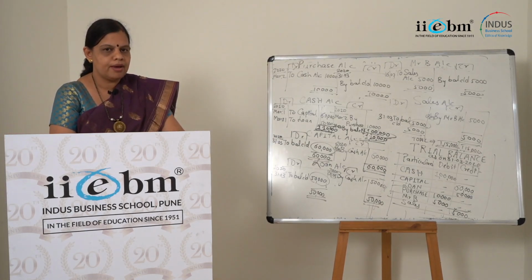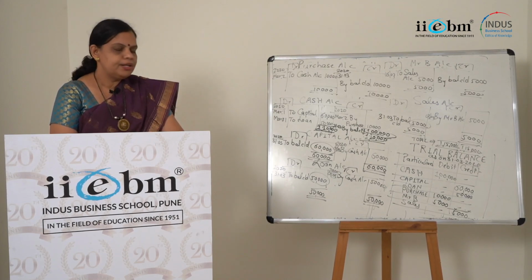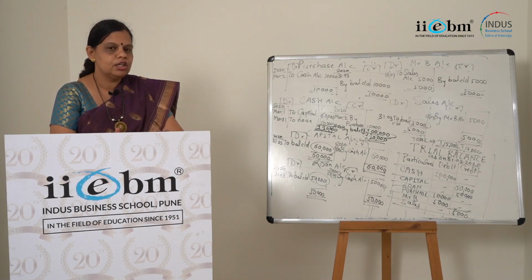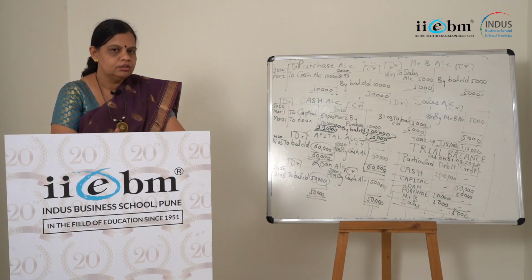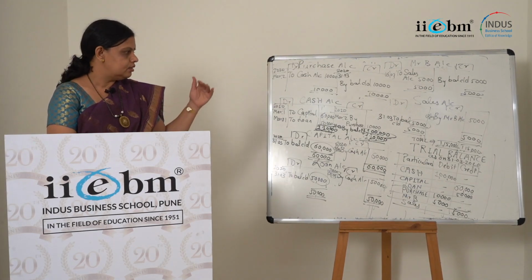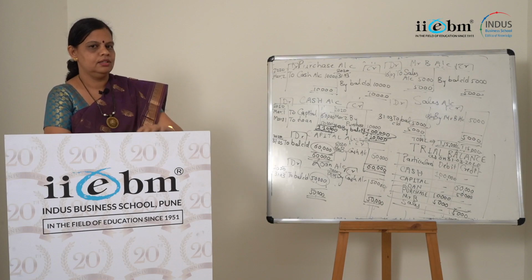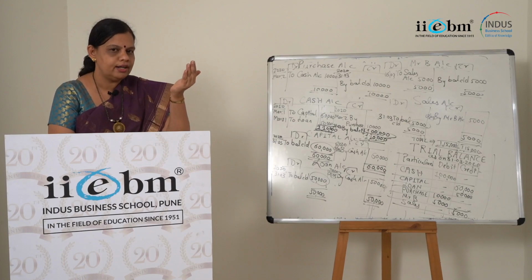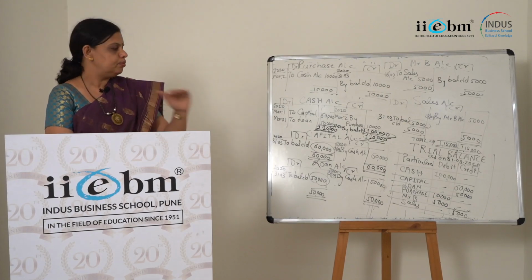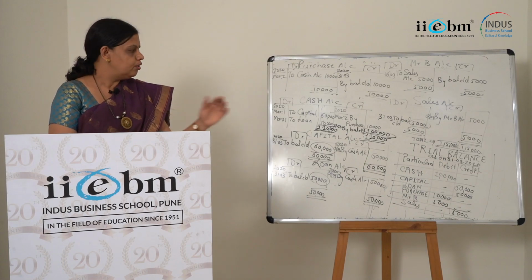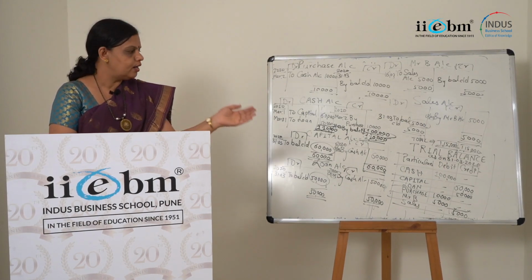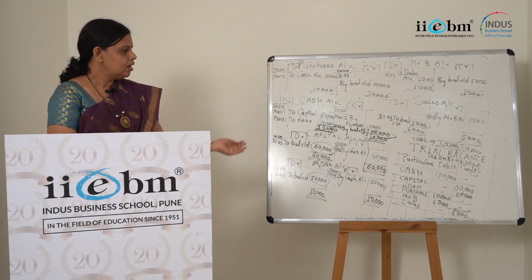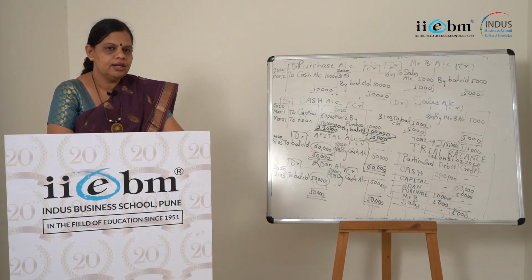Your trial balance must match because every debit has a corresponding credit, and if you have shown the effect for both in the books of account, then your trial balance must match, right? So we started with the first part, that is journal entry. Then posting is explained, that is how you are transferring the record from the book of original entry called journal to the next step, that is ledger accounting, and how different balances are calculated for different ledger accounts, and that again you are posting in a trial balance, and then you are checking whether your trial balance is